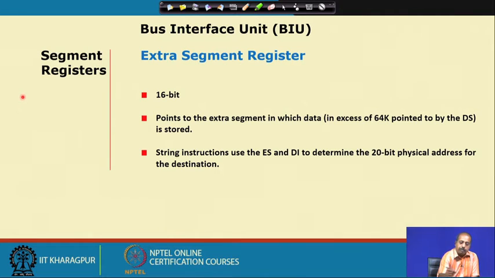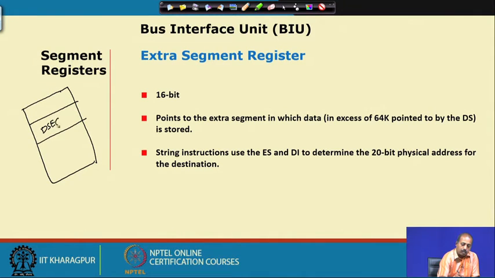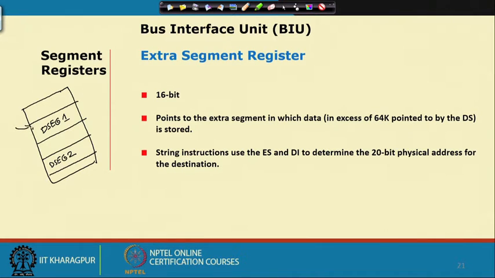So, if this is the memory, in the memory I may have two different data segments, and maybe this is one data segment, let us call it data segment 1, and this is another segment which we call data segment 2. Now, since we have got a single data segment register, DS may be made to point to the beginning